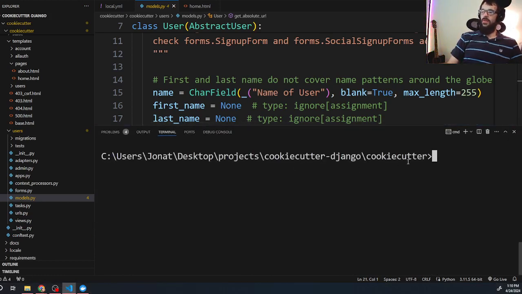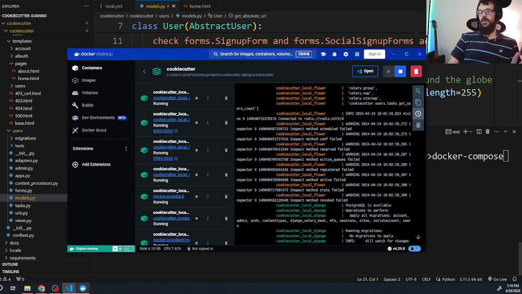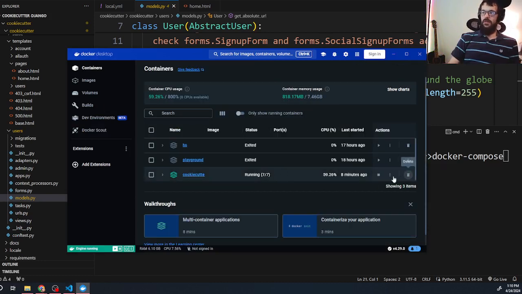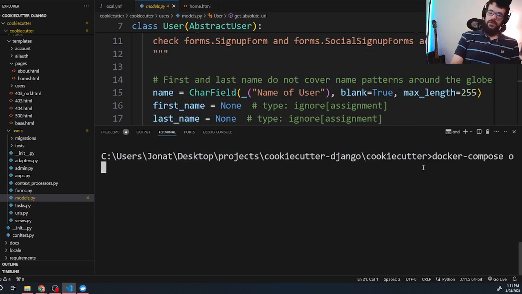But now that we are good, I'm going to shut down, and we'll go on to the next tutorial in a second. In order to shut the servers down, there's a couple ways you can do it. You could just come into Docker and just hit stop, because you're running in detached mode. Nothing's in the terminal. You could do that with the terminal too, but I don't know, the terminal might crash. But let's just keep it 100 and do docker compose -f local.yml